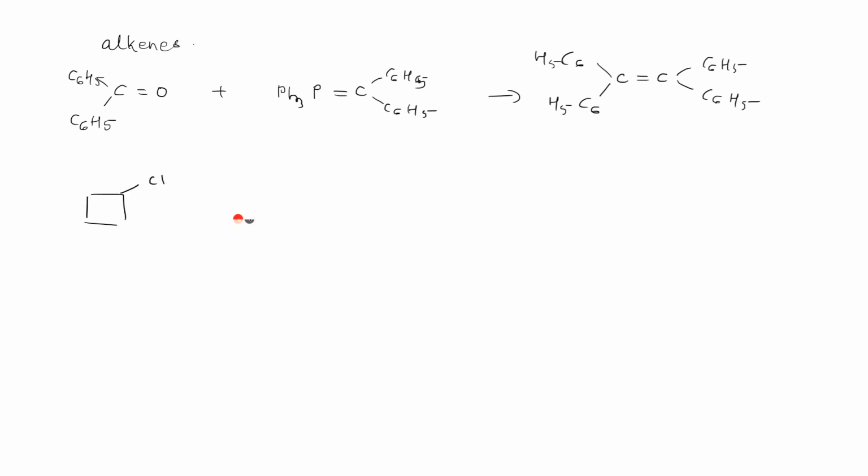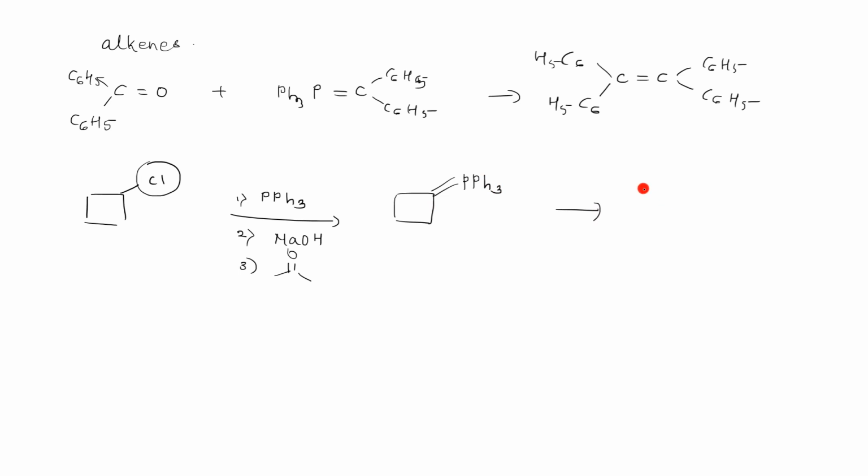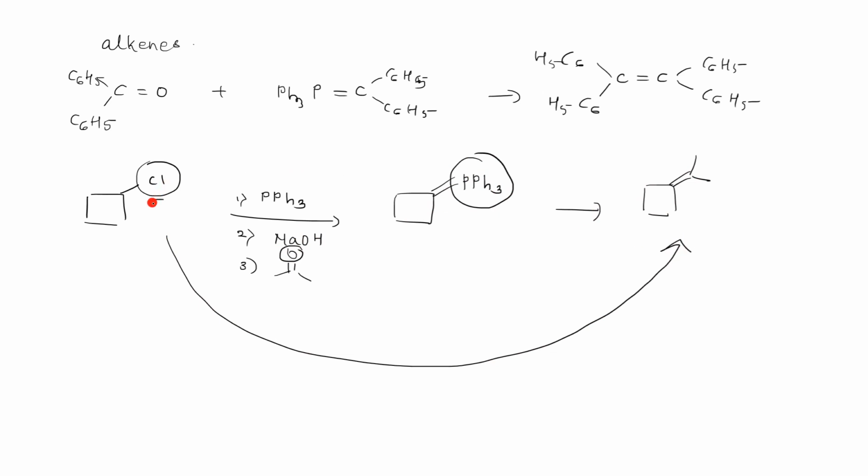Now in exam, not necessarily you're going to get a straightforward reaction. So there are chances you may get a reaction of this type. Okay. Now how are you going to write? Now you know wherever you have this halide, simply put a double bond PPh3. And wherever there is double bond PPh3, the reaction is going to take place there. So this PPh3 and this oxygen is going to be removed. Or you can directly see how you are going to write. Wherever you have this halide, simply put a double bond over there and the remaining group of the aldehyde or a ketone. So it is very easy to identify the reaction.